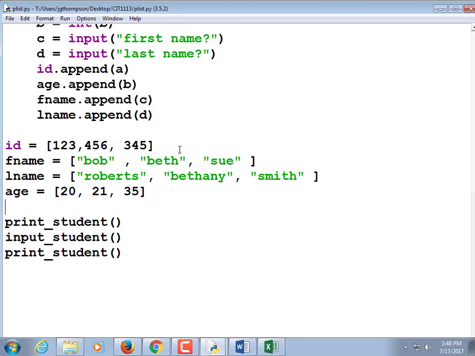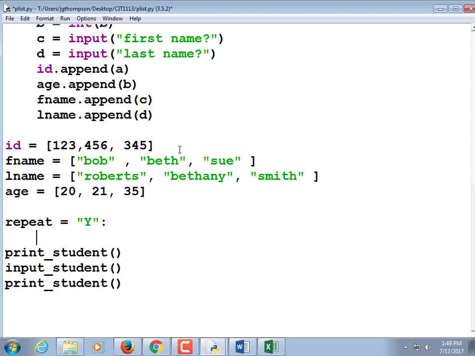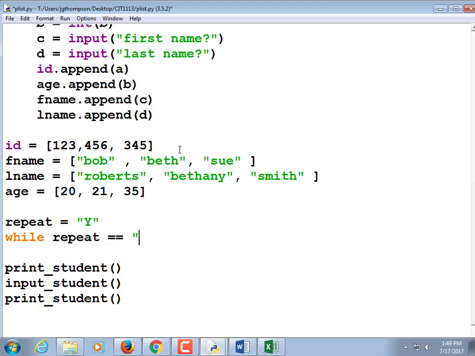Nah. Let's do this right. So we need a variable. I'm not going to use while true. We need a variable that will let them specify that they want to add a new student. Maybe call it repeat. So repeat is equal to y. Nope, no colon. Don't know where that came from. And then while repeat equals y, like that,